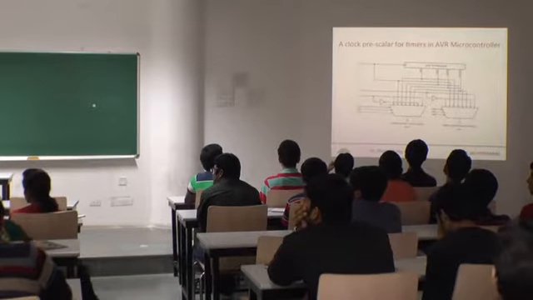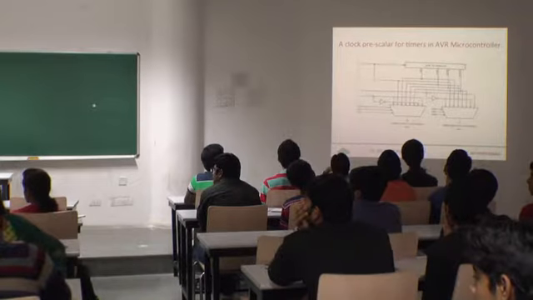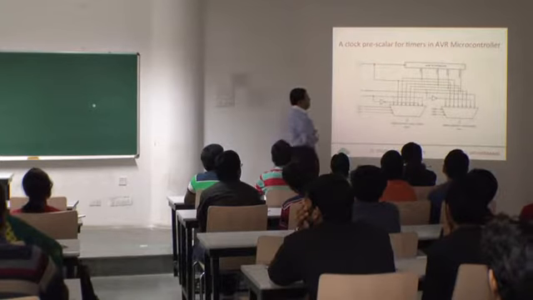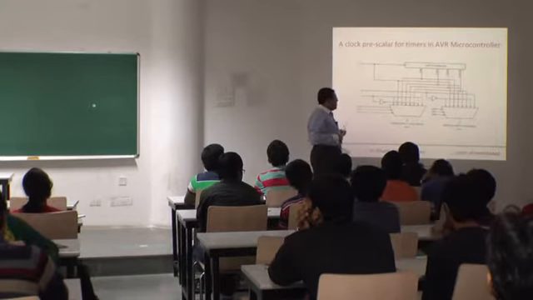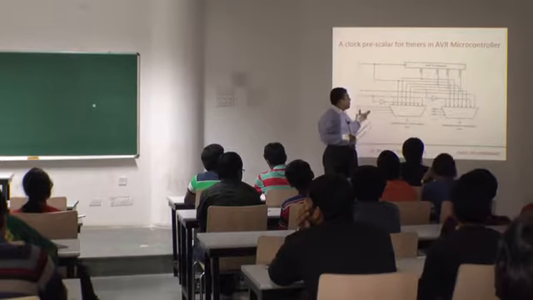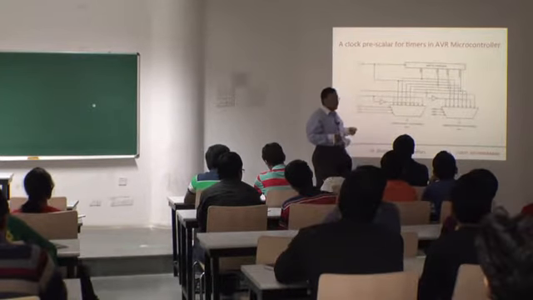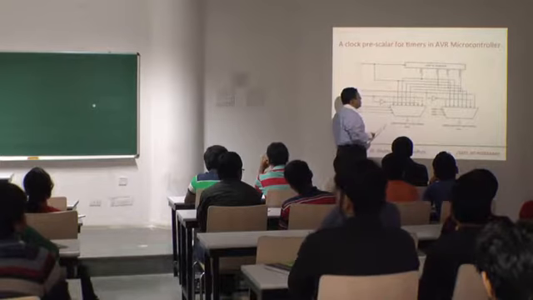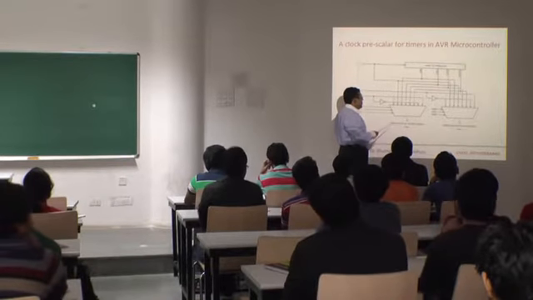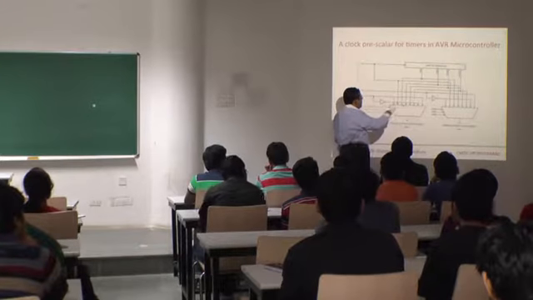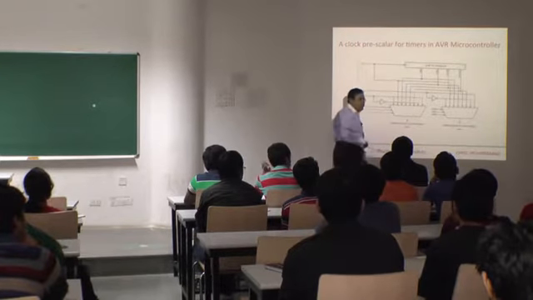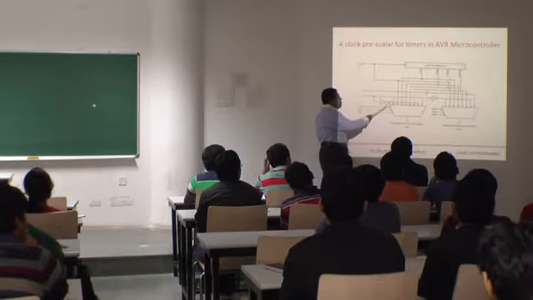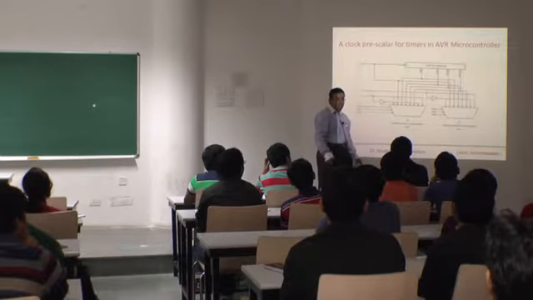Now, coming to the architecture of the timer in the AVR microcontroller, which you are using in your lab. The microcontroller has two timers, timer 0 and timer 1. Each timer has to be controlled by a clock signal, and for each timer we can see that there are 8 options of choosing clock signals of different frequencies. One option is that you are not using any clock signal, which means the timer is not operating,